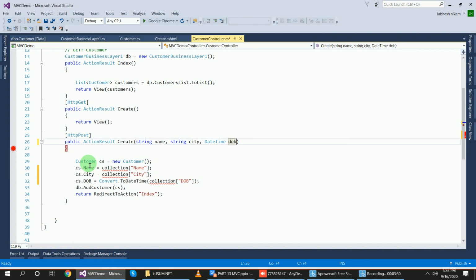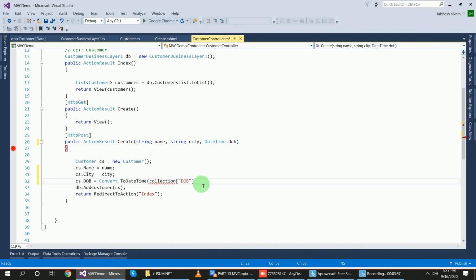Now I will initialize the object using the table and pass the values here. So ch.name equal to, what is my parameter for name, copy and paste it here. Same for city, I am passing the city parameter.